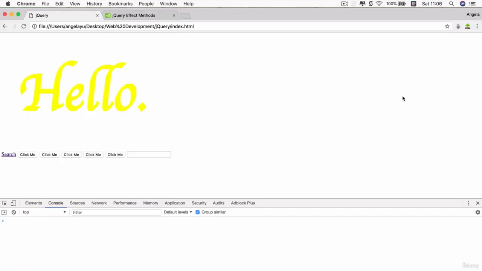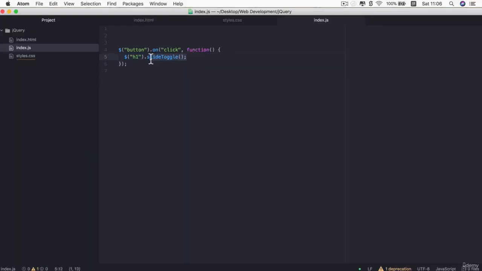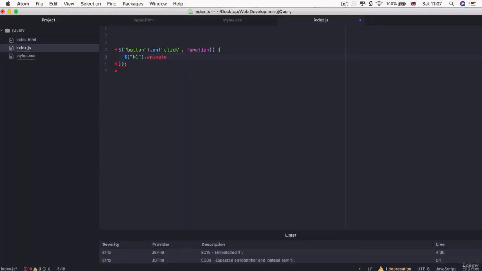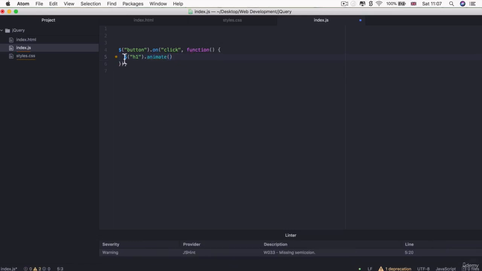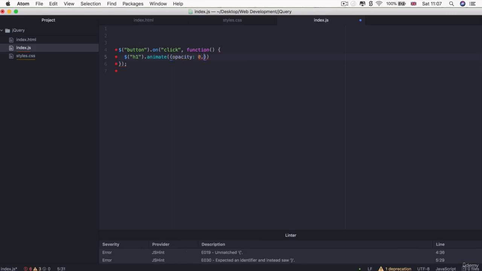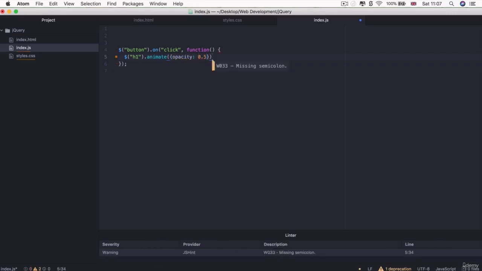Now, if you wanted more fine-grained control over your animations, then instead of using these pre-built ones, you can use something called .animate. And this allows you to define some custom CSS that you want to gradually animate towards. So inside the parentheses, we can insert a set of curly braces. And inside the curly braces, we're going to add our new CSS rule that we're going to animate to. So for example, I can change the opacity of my selected element to only 0.5, so 50% of its previous